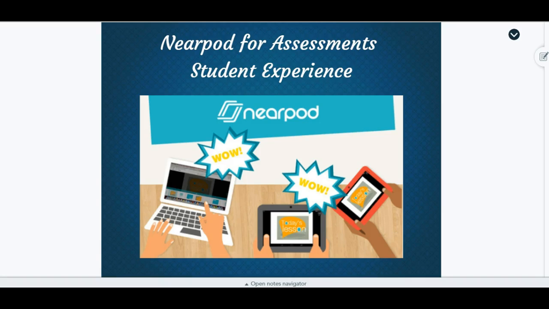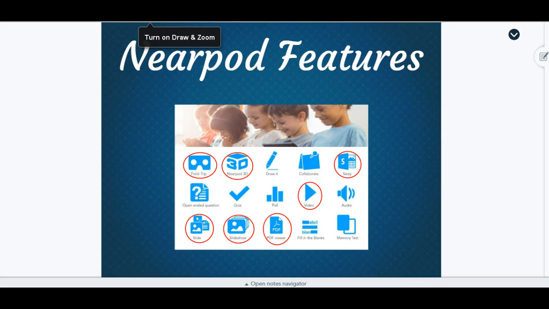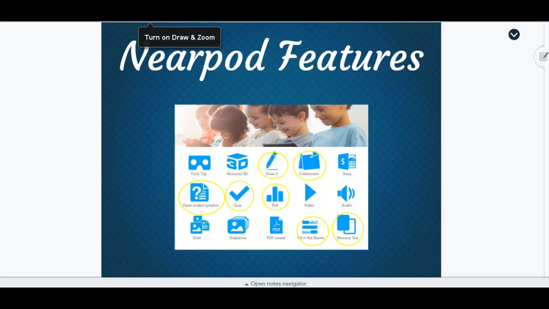First, we are going to complete a live Nearpod experience that will better exemplify how Nearpod can be used for assessment. Nearpod has many features. The features circled in red are mainly for teaching. The features circled in yellow are mainly for assessment. Some of these features can be used for both. During this Nearpod, we are going to be exploring how some of these features can be used to assess students